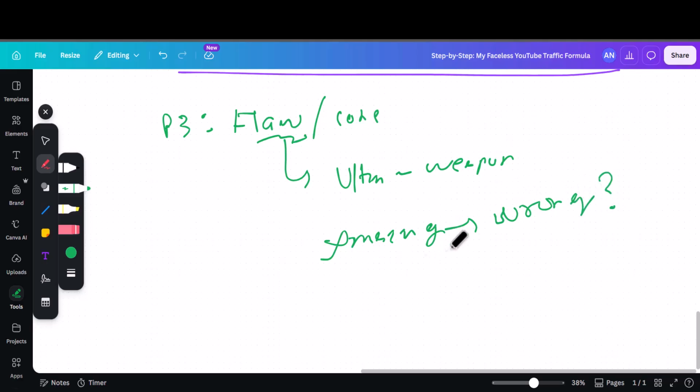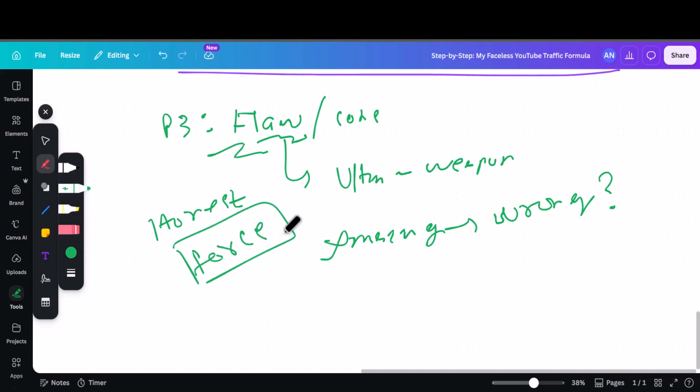You can say something like, here's the one thing that I don't like about this, or here's the one thing that this is missing. So when you point out that flaw, the viewer instantly knows that you are giving an honest opinion, an honest review, and not just trying to force a sale. Never try to force a sale. It works backwards and you will never make any money.